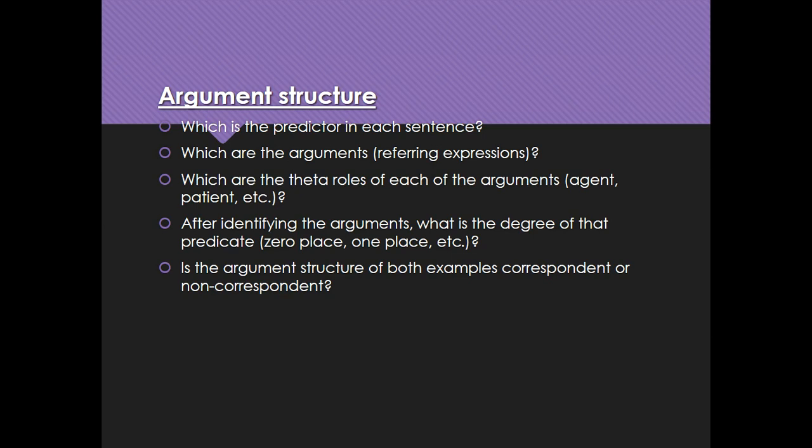And when identifying the predicator of a sentence, you will be able to identify the arguments, because remember that I told you last class that in order to identify the predicator in the sentence, we should identify first the arguments. Once we rule them out, once we strip them away, we have our predicator, right? So you identify the arguments as well,